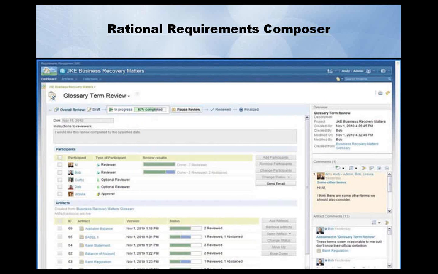On the screen, I suppose it's loading up, but